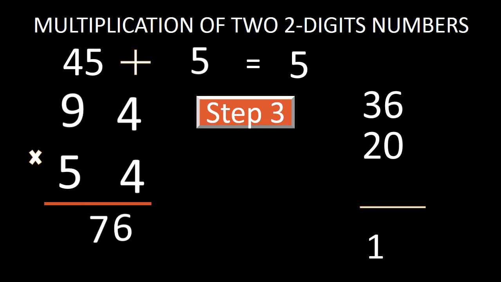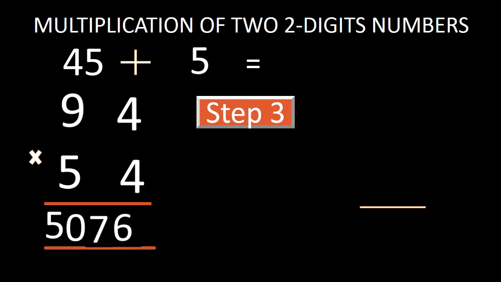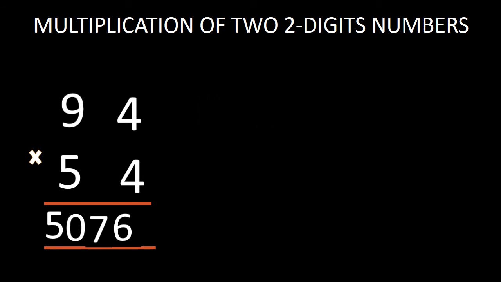Now as the process of multiplication is going to finish, just bring this 50 down in the answer. Don't leave any digit as a carrying digit. Just bring this whole number down in the answer, and this is the answer. Our answer is 5076. Now we have to do 2 other questions on this method. So let's look.